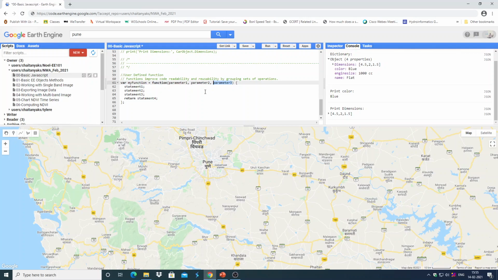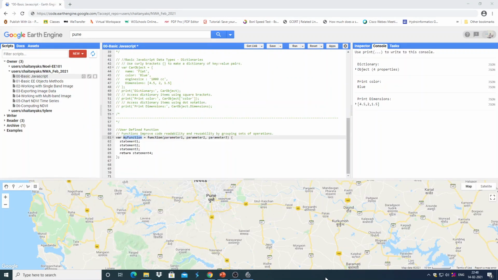Then these are JavaScript statements within the function. This is how you define the function. It could be anything. It can be conditional statements, it can be anything else, and it will return the statement. This is how we declare, we create functions, and you make use of them.